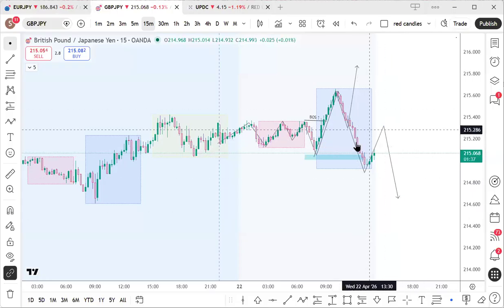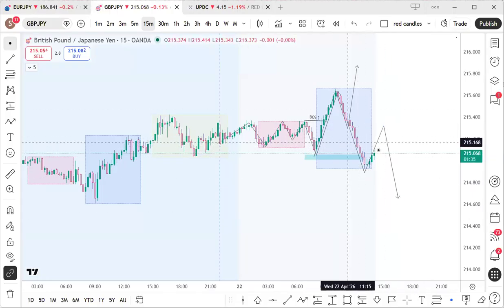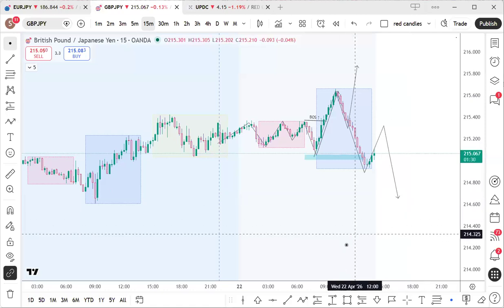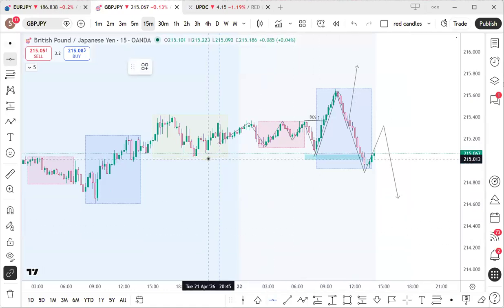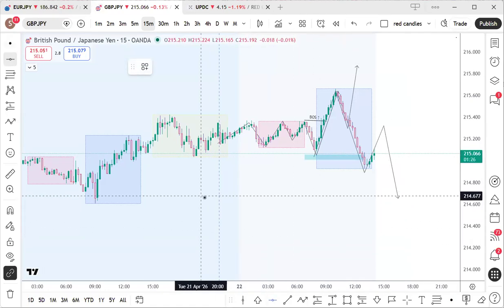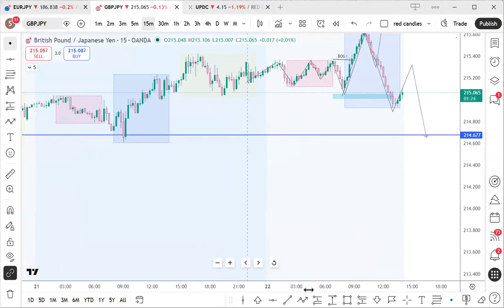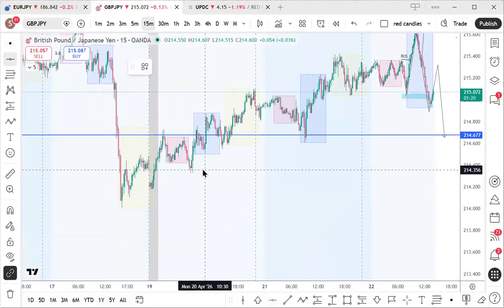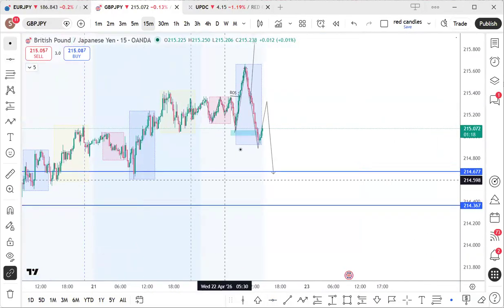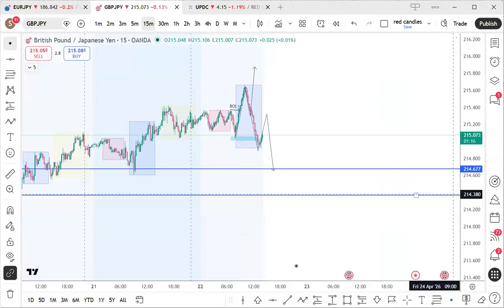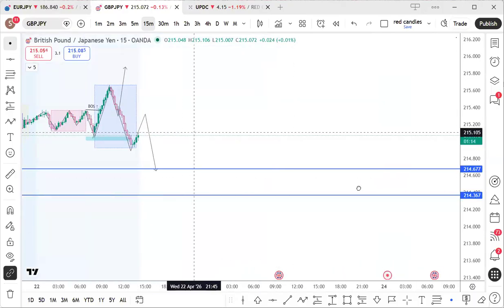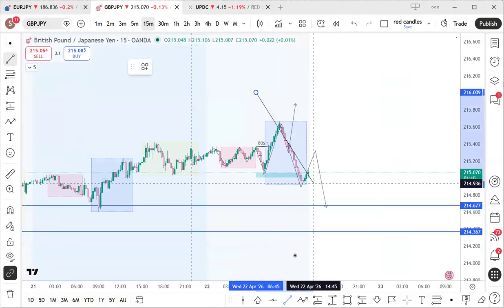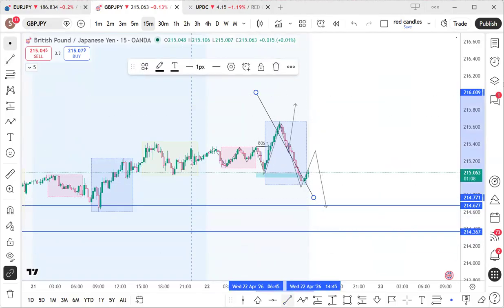So I have a pending sell right now for it to go potentially downwards. I'm looking for my targets, I think around here. And then let's see further down. If it's going to go further down, maybe somewhere there. And if it does stop me out, then I'll just take it that today my trading was just, what's it called now?